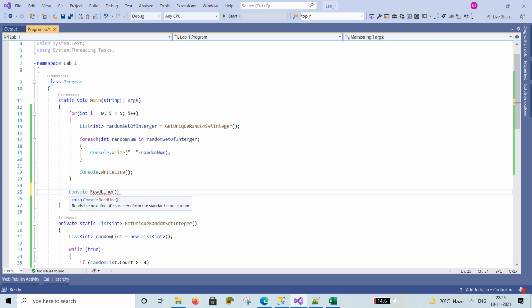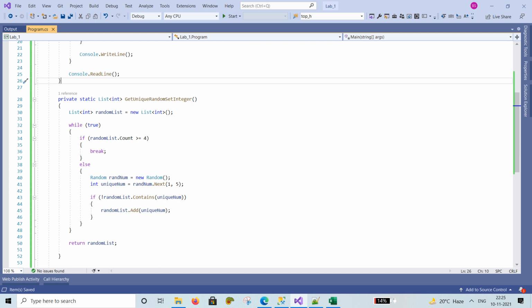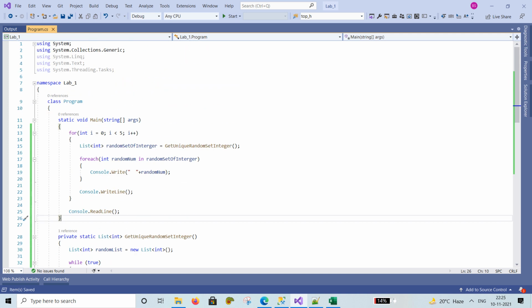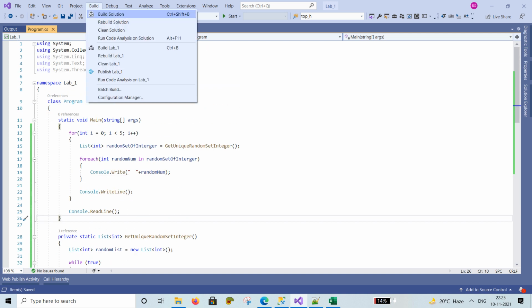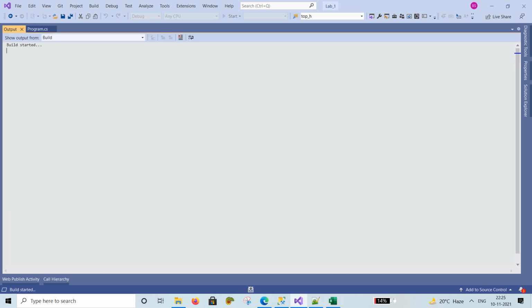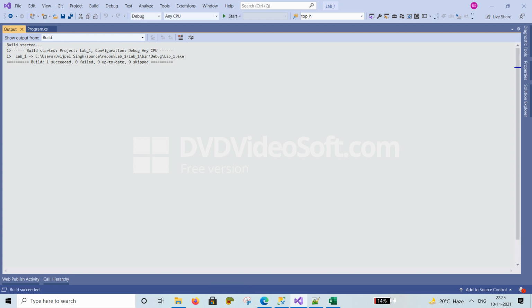Now build this program. It will take a few seconds for building the program. Build is success. Now execute this by pressing F5.